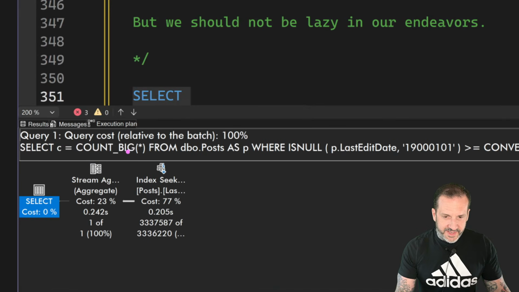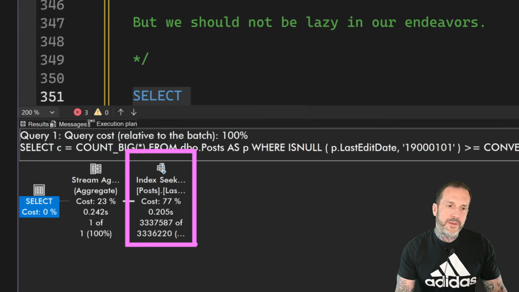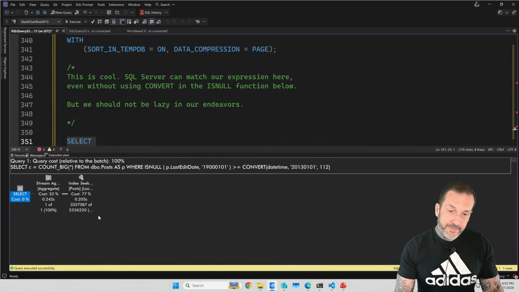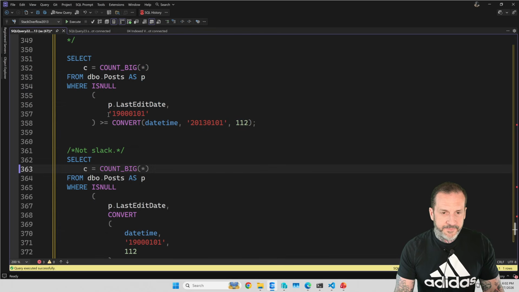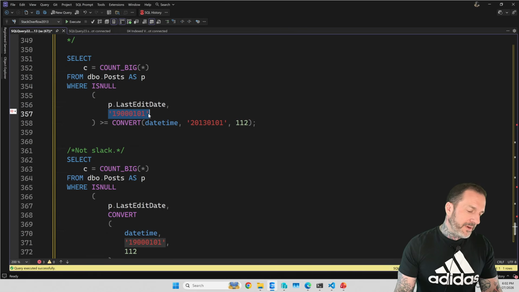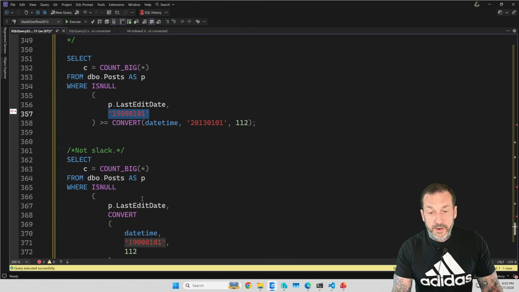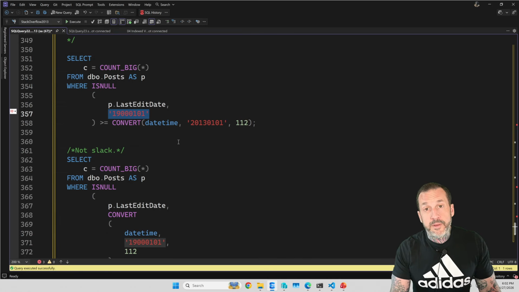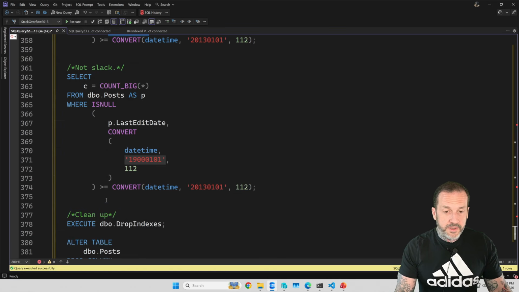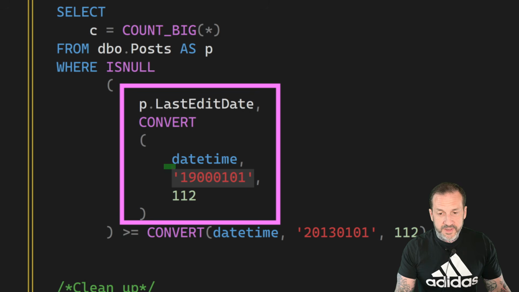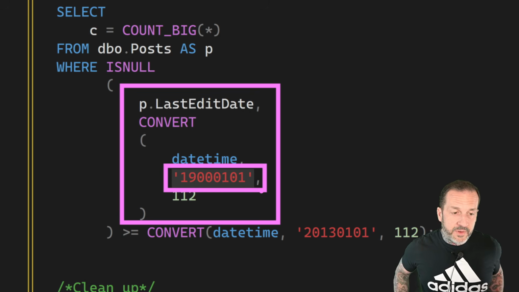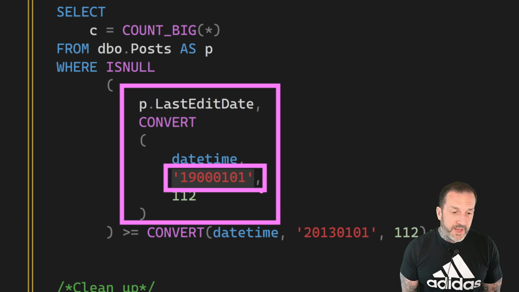And SQL Server says, why, yes, I can. I can seek directly into that index. Thank you for asking. Is indexable. Good stuff. We are indexable. But we do not want to be slack with our data types. If we write queries like this, we deserve all the hardship, trials, and tribulations that arise in our lives. We should do everything we can to make sure that when we are converting strings to datetime2s, or whatever other temporal element we care about, that not only do we use convert,